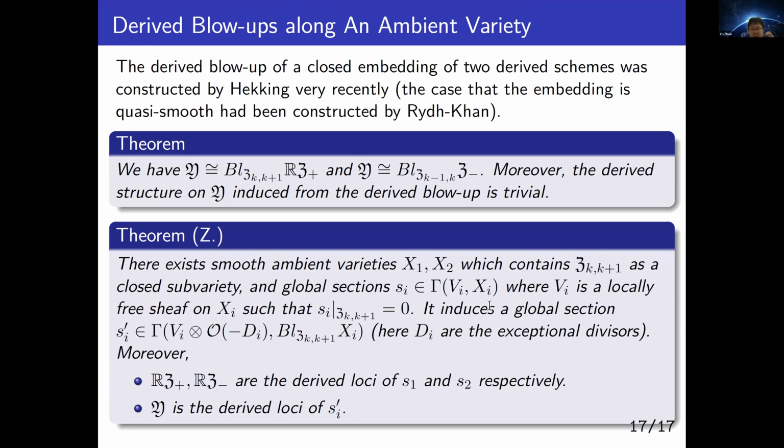Okay, so because we know that Z minus, Z plus and Z minus are the derived loci of S1 and S2, what we want to do is associate Y to the derived loci of Si prime, and this is also true. We can show that Y is the derived loci of Si prime. Because of this,